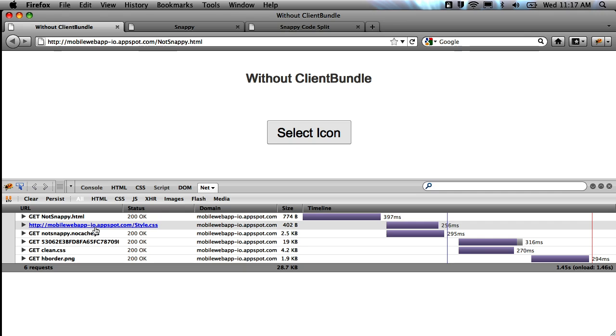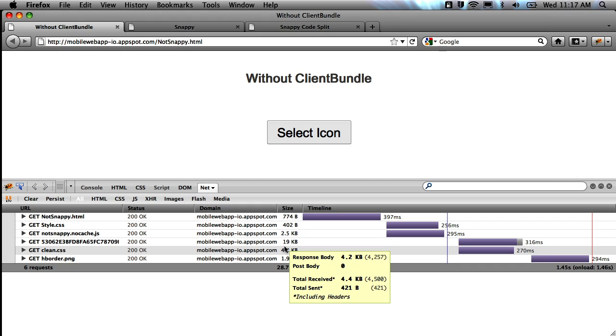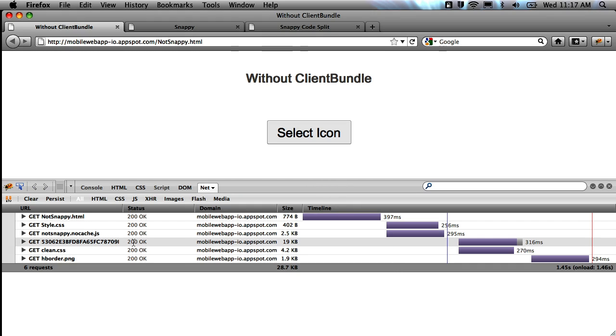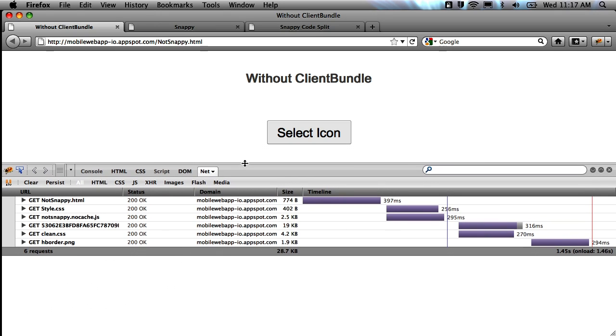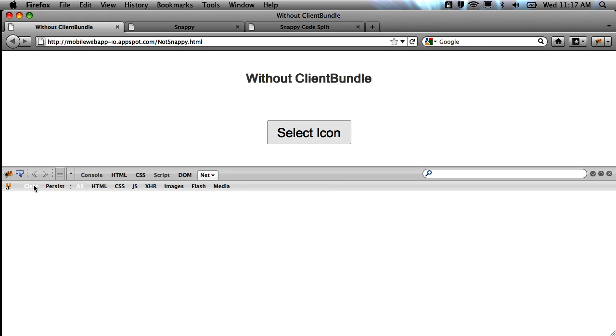MD5.cache.html, and that's actually all of the JavaScript for your application bundled up in there. You can note that this is 19K, so it's not huge. I'm not showing a huge application, but that's where all my app logic is coming down. So that's not too bad. I mean, that's pretty fast. What ends up happening, let's pull this up, and I clear this, and then when I click on the icon,